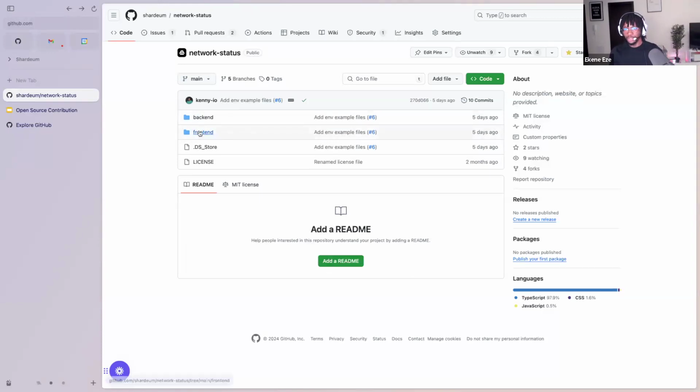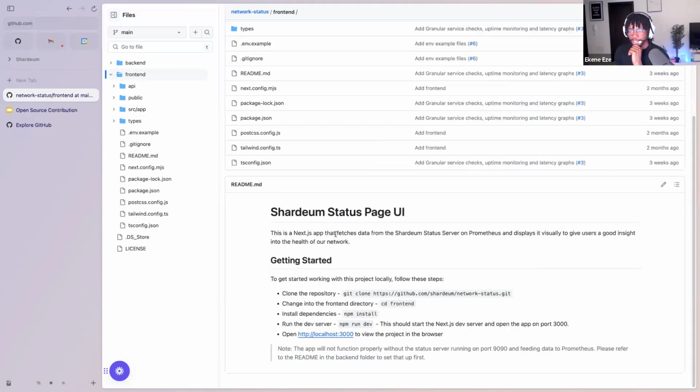So what I want to do is, to be able to know what this project is about and understand it well enough to write a README about it, I want to run both projects to see what the project is about, because just imagine you're looking at this for the first time. You can't possibly start writing a README if you don't know what you're going to write about. So I want to follow the instructions to run both the front end and the back end of these projects. And then when I've seen it and I've made sense of it, then I can write a good README for the parent folder.